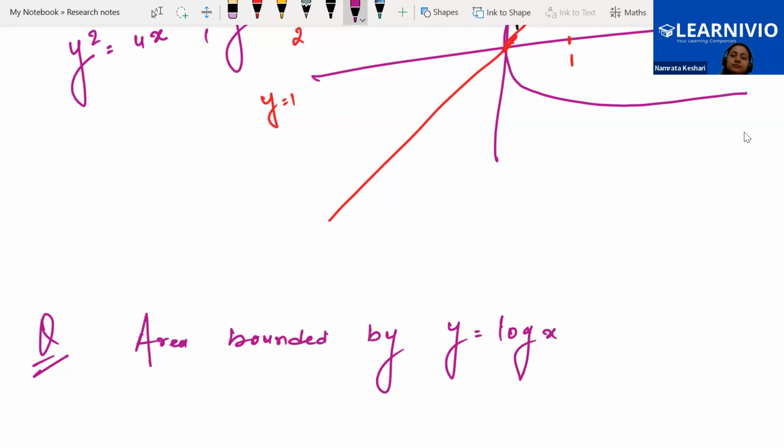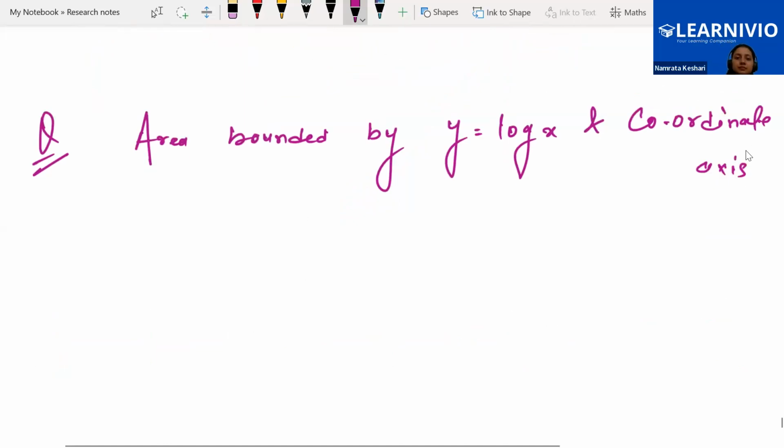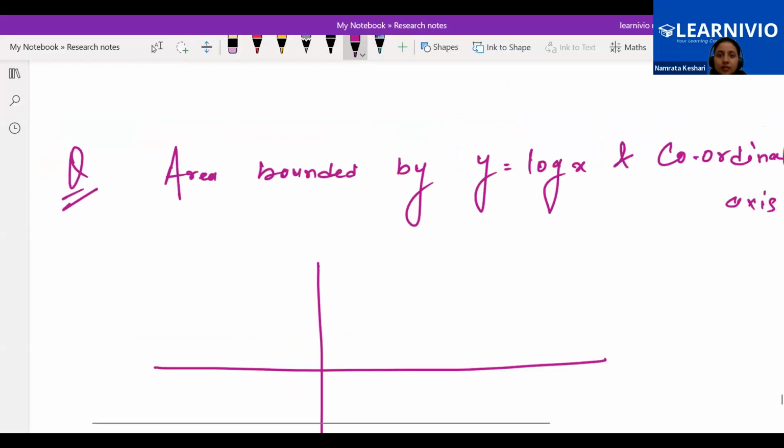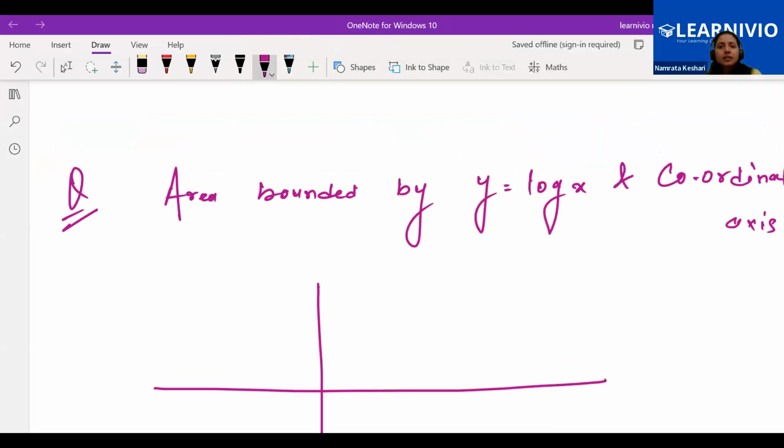And when I calculated it, I got infinity, but the correct answer is 1. So I wanted to know why. Do you know how exactly the log x graph looks? Do you know, Murtaza? You should know, because in class 11 and in class 12 also, the logarithm function